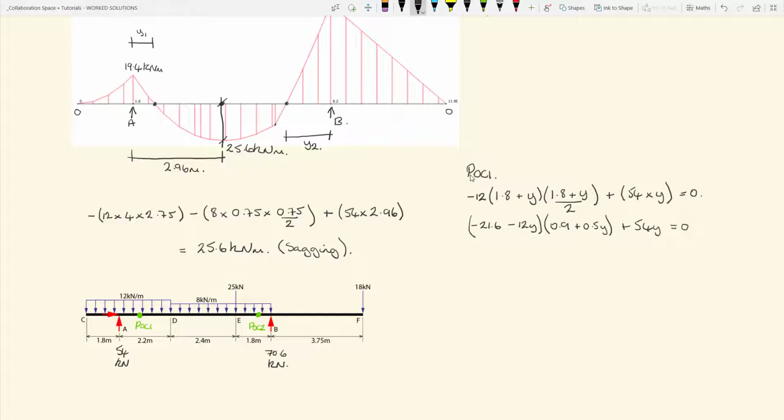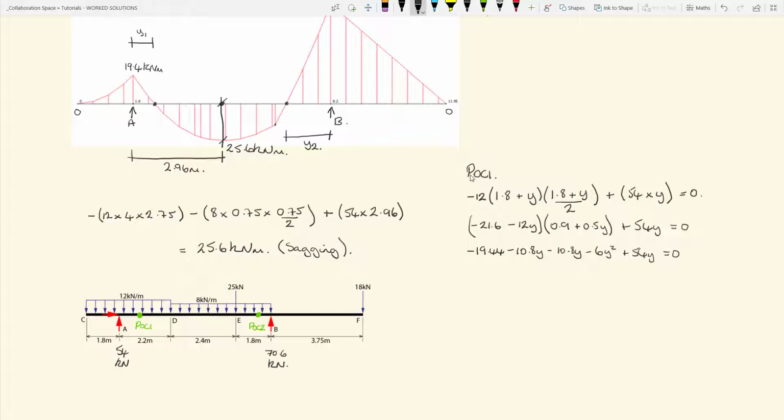And then again, if we expand the brackets out from there, we end up with minus 19.44 minus 10.8y minus 10.8y minus 6y squared plus 54y,